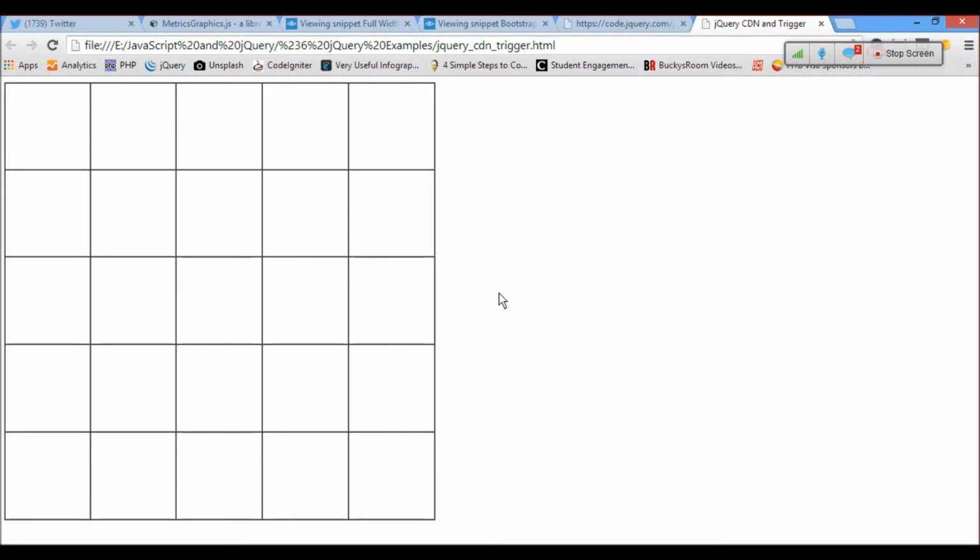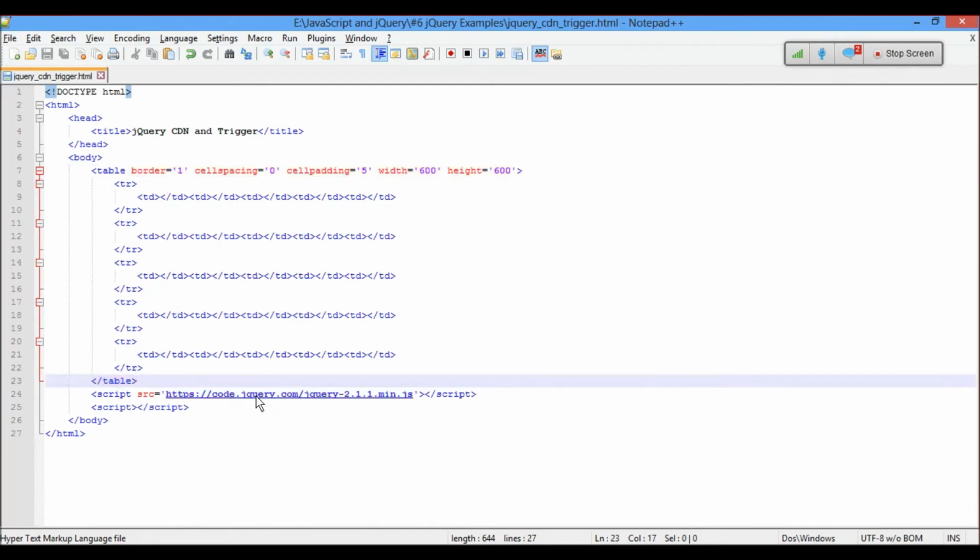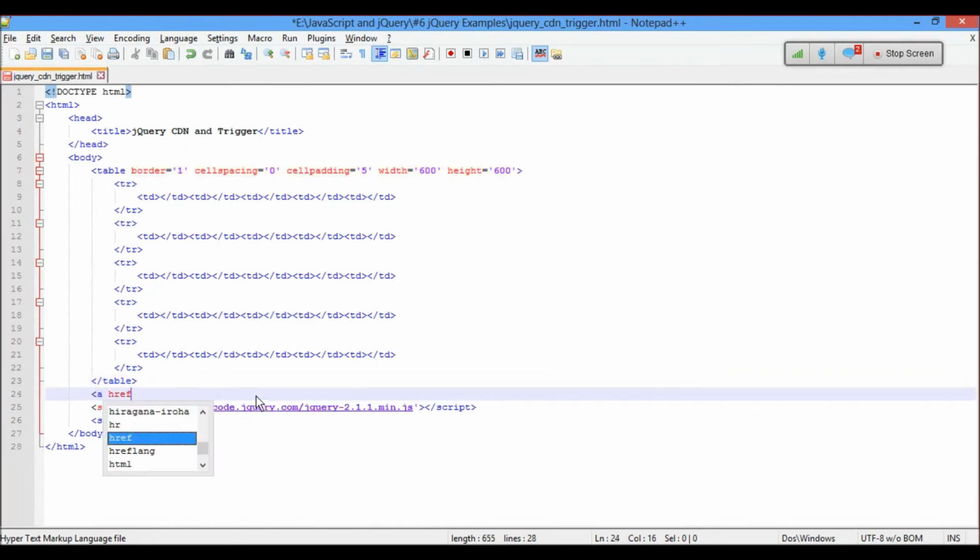Okay, this is our table. Now what I want to do is, after the table I'll write a link href. This is some dummy. Now here class equal to dummy.